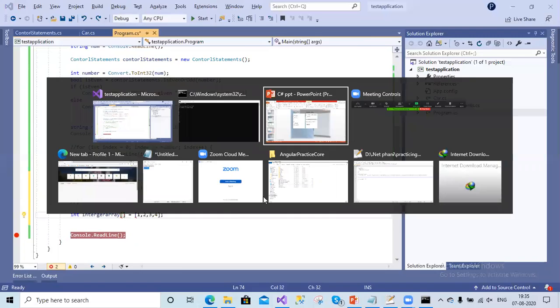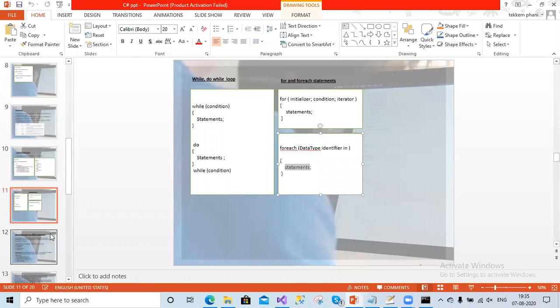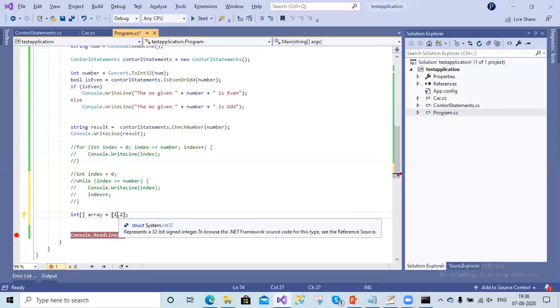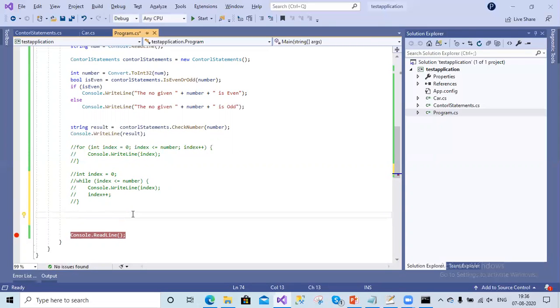So let me check the syntax once. Let's forget about this. Let's go for the for each loop. For the for each loop, we have to pass some array.